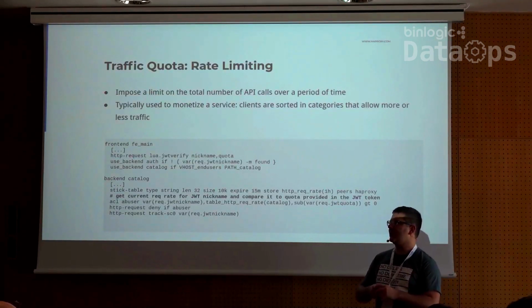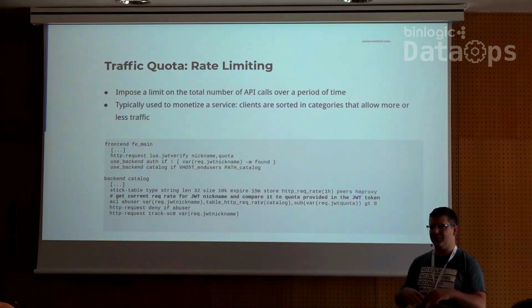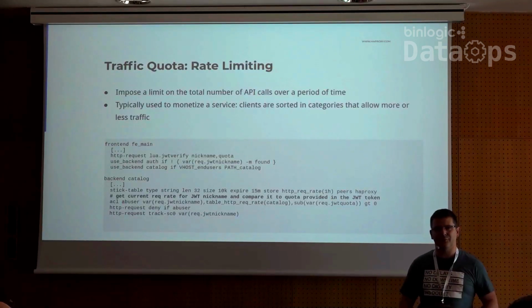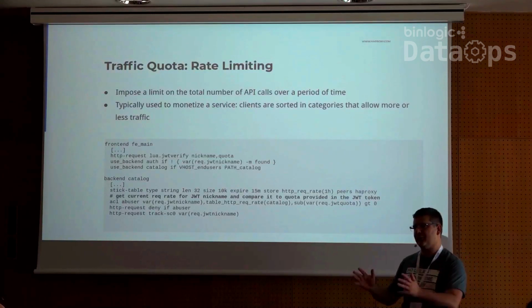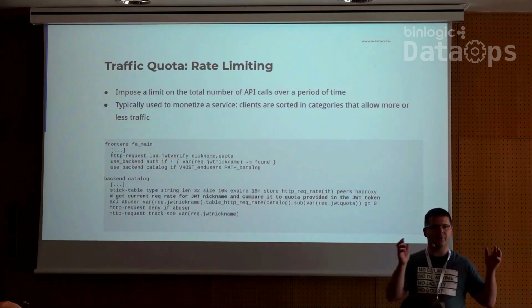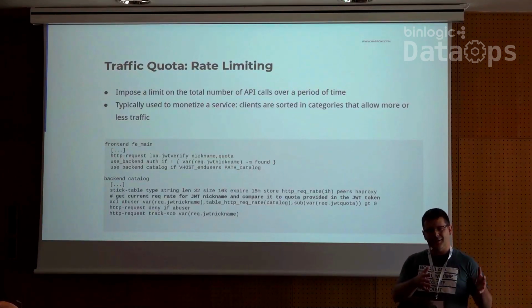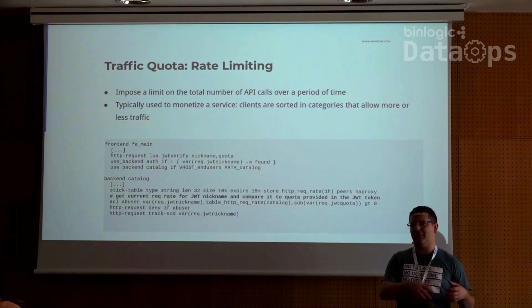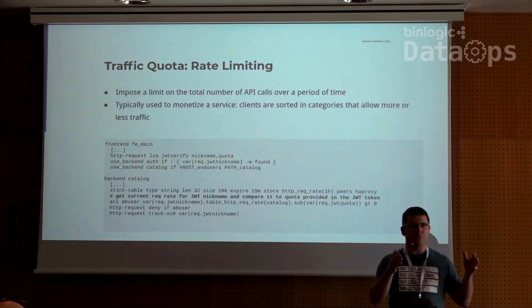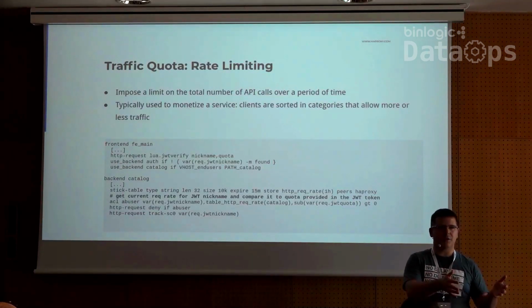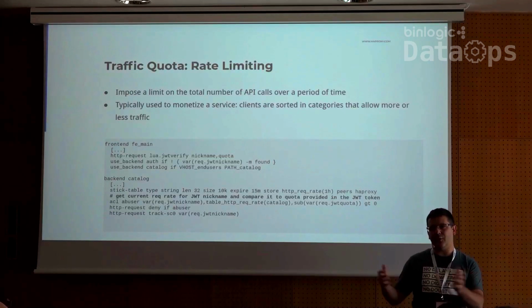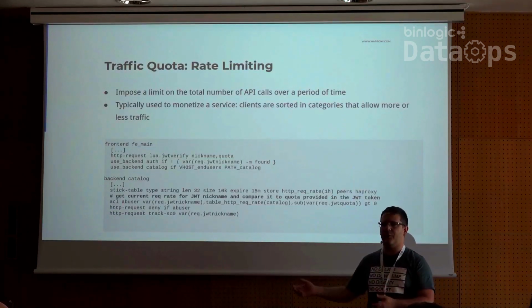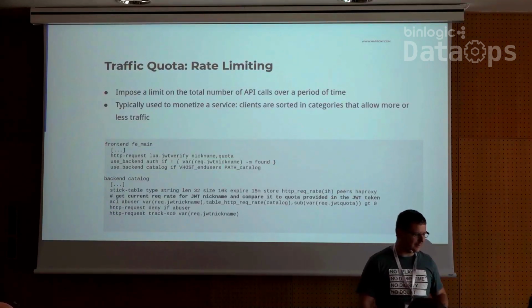So imagine you are in a business where you have different categories of users. You have the premium user that you want to have guaranteed access to your data, and then you have the bronze user or whatever, and you want to give them access to your data, but only if there is enough capacity, let's say, or you can tell them you have the right to do only 100 requests per 1 hour. And if you are a premium user, you can do 1,000 queries per 1 hour or whatever. It's up to you to decide.